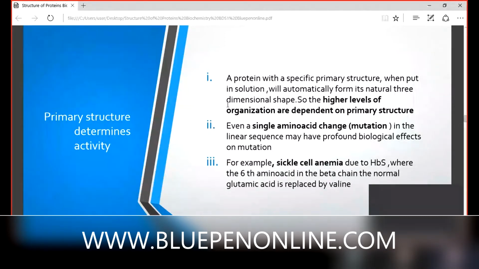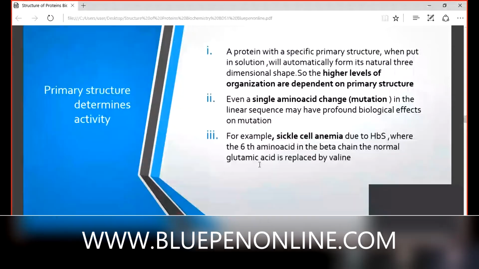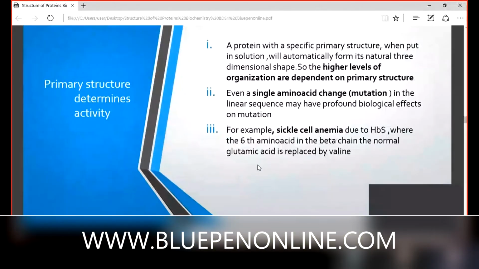What about the chemical difference? Glutamic acid is replaced by valine due to the mutation. Hemoglobin contains four polypeptide chains. What is the structure of normal adult hemoglobin, HbA? It contains four polypeptide chains, alpha 2 and beta 2. Sickle cell anemia occurs in the beta chain: the sixth position amino acid, glutamic acid, is replaced by valine.